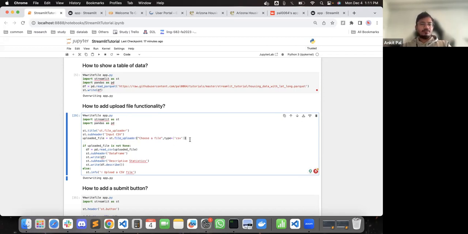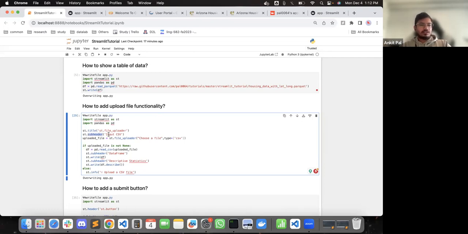So you can give an option in the type. Along with that, you can also add text. There are many options: write, title, subheaders. You don't have to worry about it, but all these just add some content